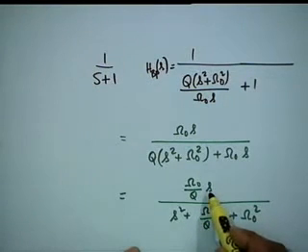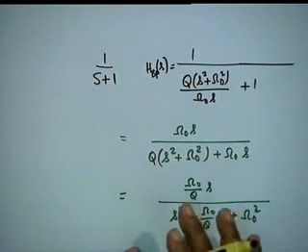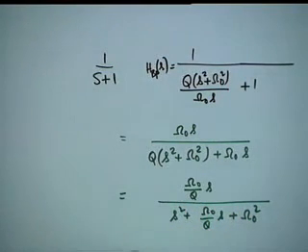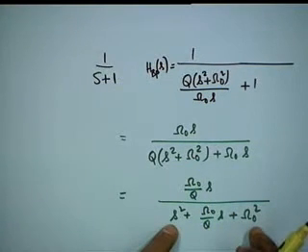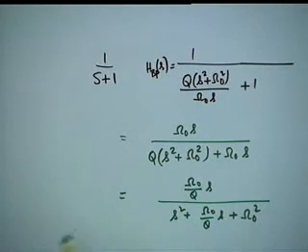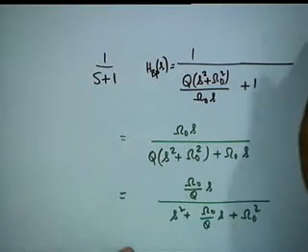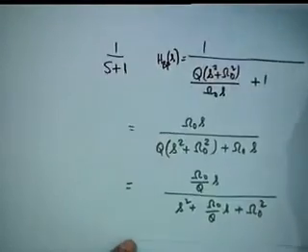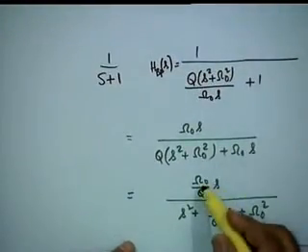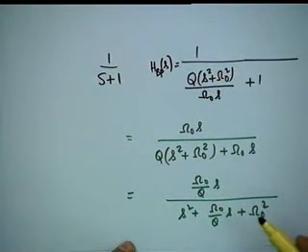At small s equal to 0, the magnitude is 0, small s equal to infinity, magnitude is 0, and small s equal to plus minus j omega naught, the magnitude would be 1. When s squared plus omega naught squared is 0, the magnitude will be 1. And you can find out the two cutoff frequencies, 3 dB or whatever dB it is. But it is interesting to note what is omega 0 by Q. Is that the bandwidth? Omega 0 by Q is the bandwidth.